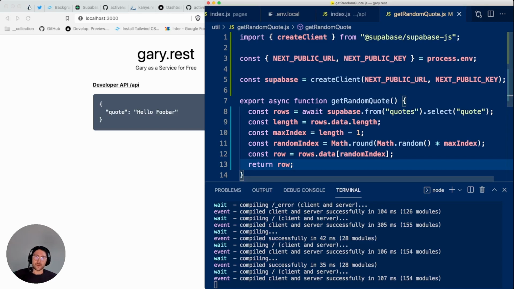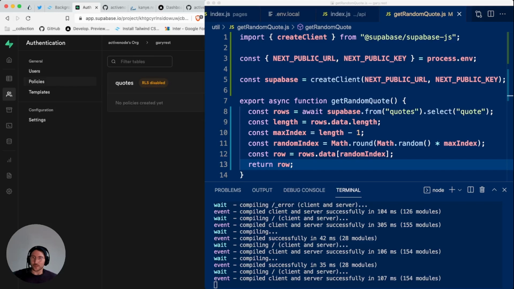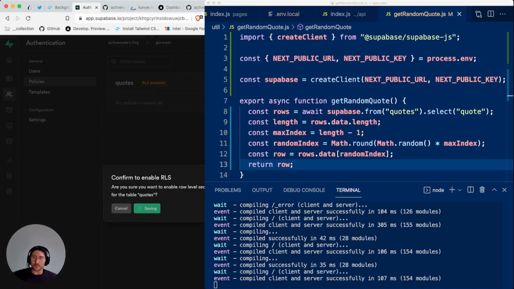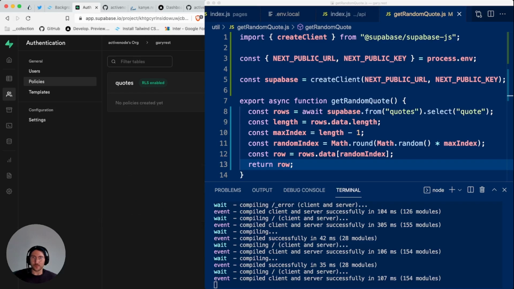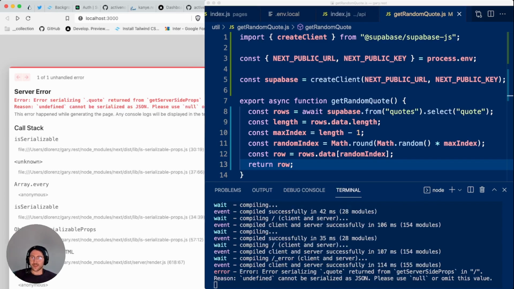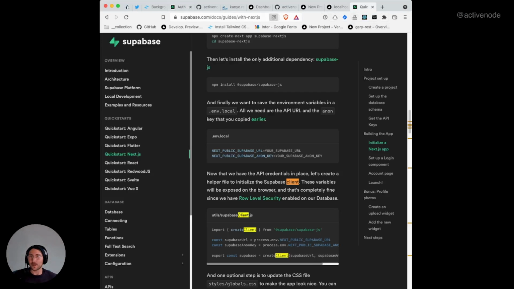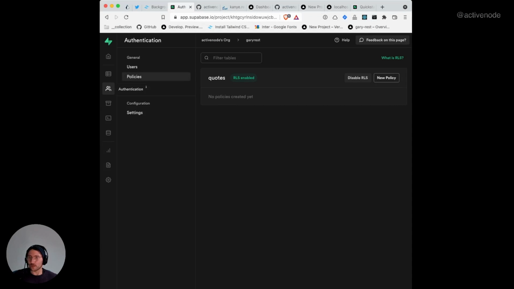Now, the problem is we don't have row level security enabled, which in theory is a security problem. So let's enable row level security. We go to auth and we go to policies and enable row level security. And now it's enabled. Now let's see what happens. I refresh and I get a little bit of an error. Sorry, you probably haven't seen how I was accessing the row level security because I wasn't sharing the whole screen. But you simply go to auth policies and then you see your table and then you enable it.